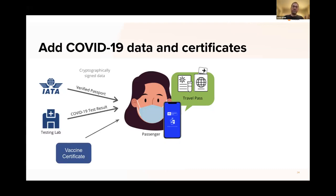So I go and get those COVID tests. I go and upload my vaccine certificate. And yes, maybe I scan the QR code on the top of my certificate because it's maybe in the format that the IATA Travel Pass can integrate. So the Travel Pass team have been working with governments around the world to ingest the data from these QR codes. So once IATA has it, they turn it into a verifiable credential format that has all the privacy protecting formats,